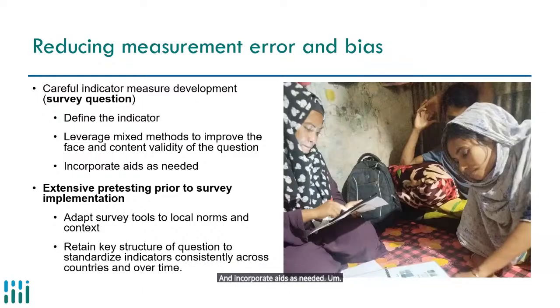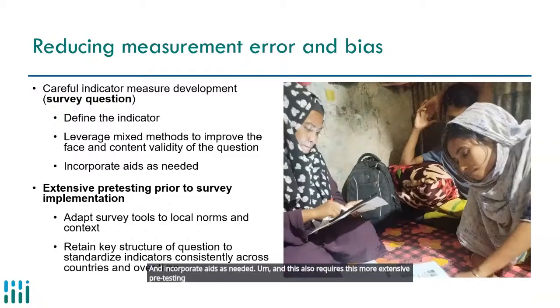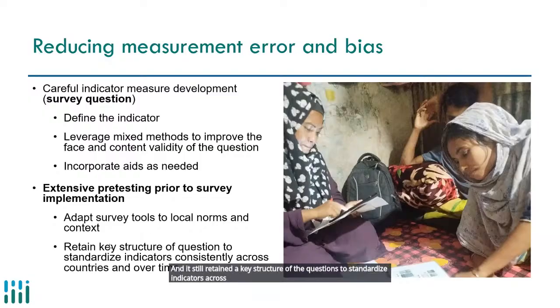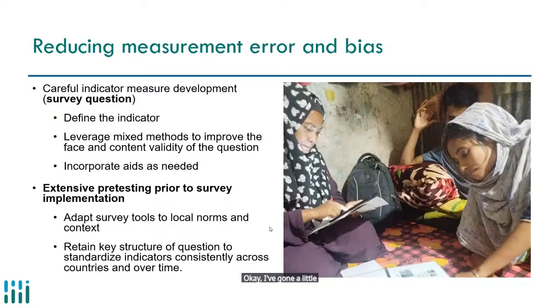This also requires extensive pre-testing prior to any survey implementation so that the tools are adapted to local norms and contexts, and still retain the key structure of the questions to standardize indicators across countries and over time.